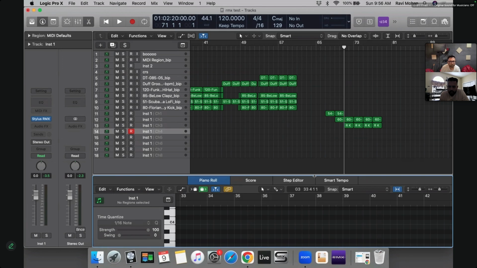No, it does not support step sequencer currently, your version of Logic. You mean where you play on the MIDI keyboard and it triggers into here? No, there is a whole new step sequencer after Logic 10.5. Oh, okay. Now I know what you're talking about. Yeah, definitely. Obviously now we are at Logic 11.